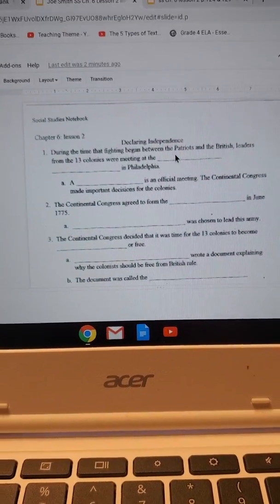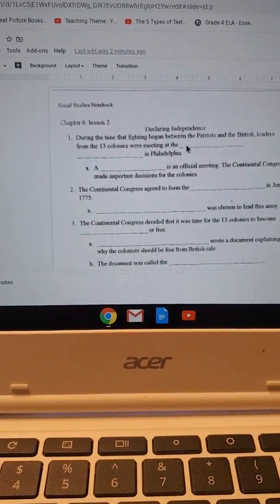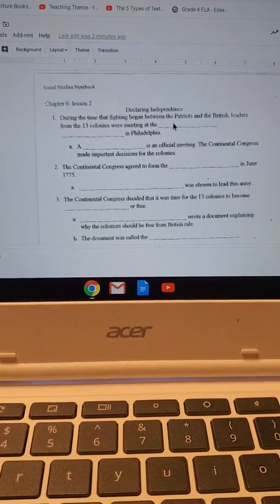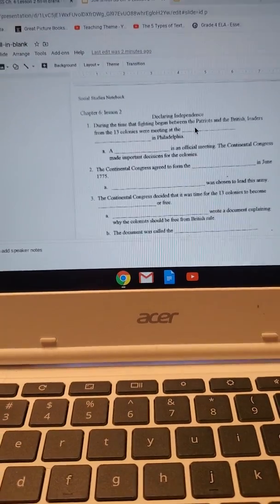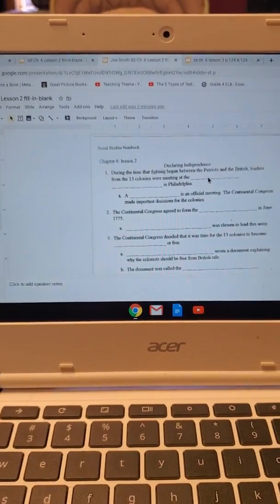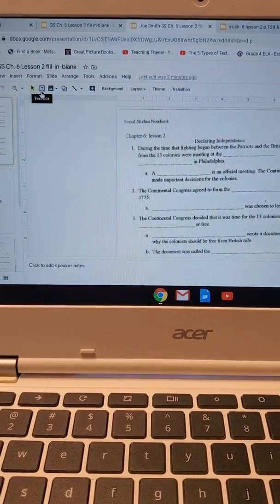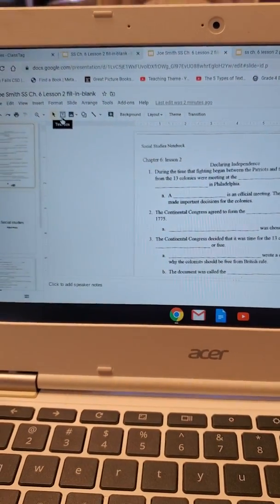Now notice, you hear my mouse, listen. I'm clicking here in the boxes and popping up. Honestly, I don't have an answer for you as to why that's happening because I swear I added a text box and everything. So if you have the same problem, here's what you do. Watch. Go over here. See this box that looks like a square with a T in it? It says text box. Okay? If you click that button,